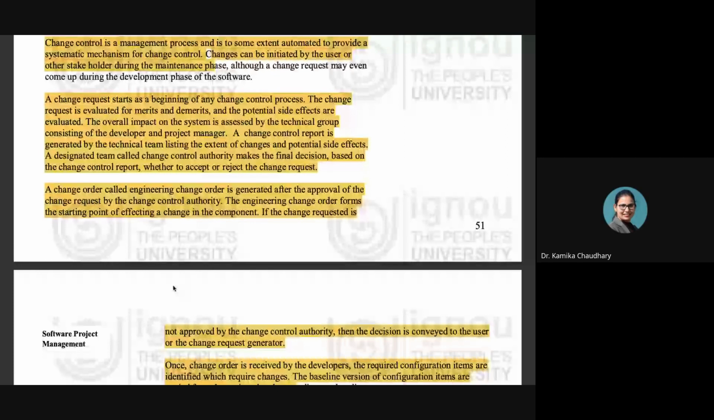Just we are understanding the process, that how the versioning is being done, or versioning means how the revisions, how the changes are being made into our software, right? So moving on,